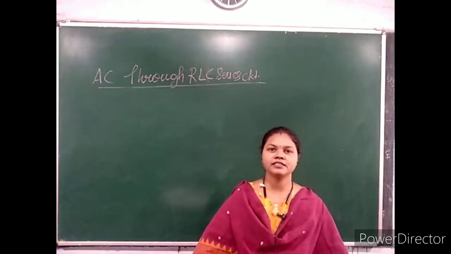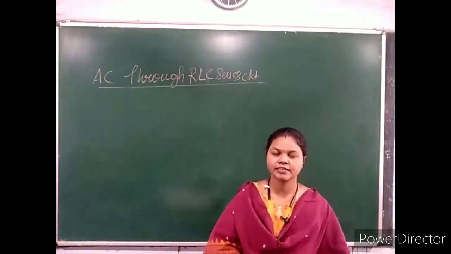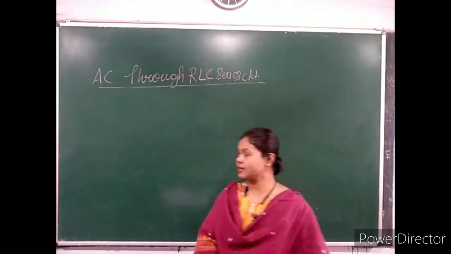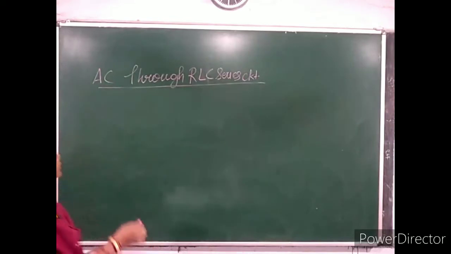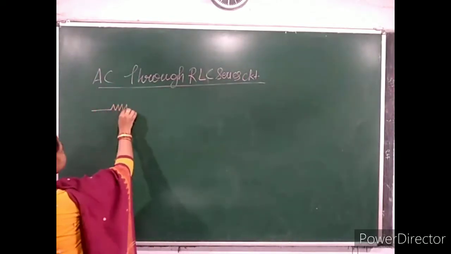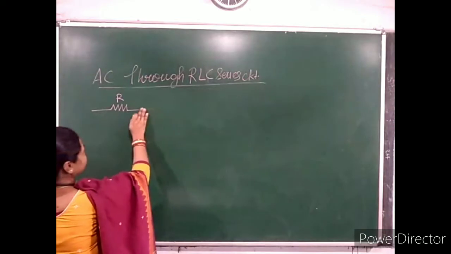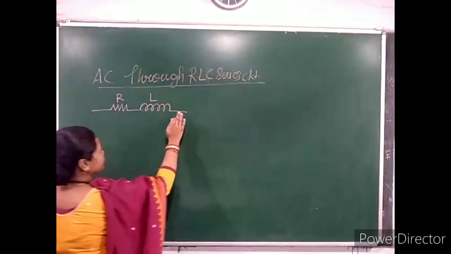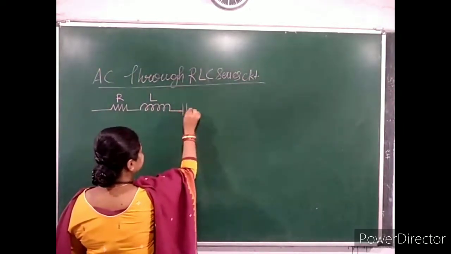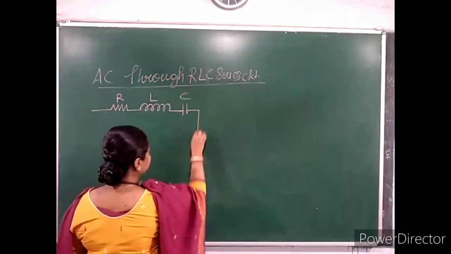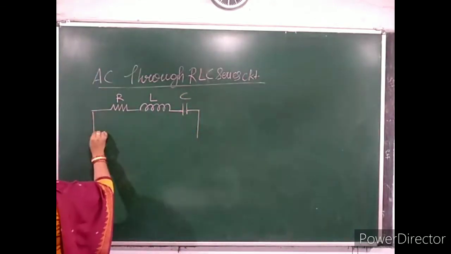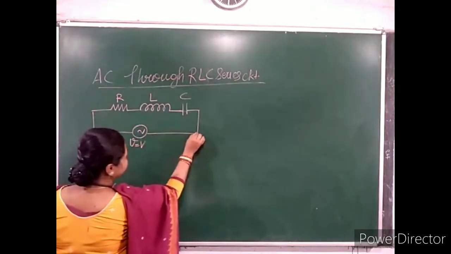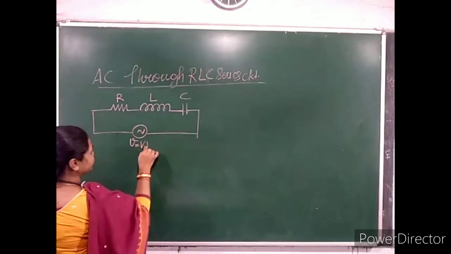Hello students, in this video lecture class, we will discuss AC through RLC series circuit. So let us take a resistor having the resistance of R ohm, an inductor having the inductance of L Henry, and a capacitor having the capacitance of C connected across an AC source of supply having the instantaneous value of voltage V is Vm